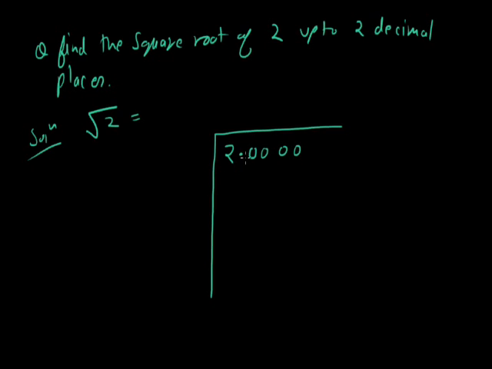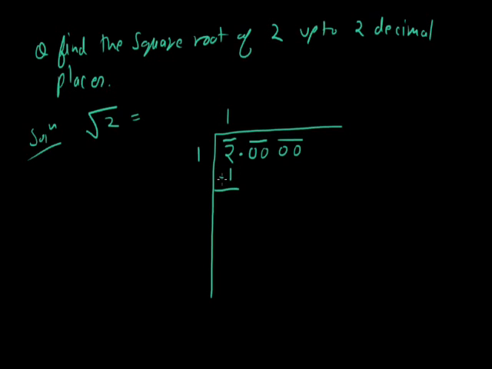Okay, now we have to again make the pairs of 2 from the decimal points on the right side as well as on the left side. Right side में pair of 2 बनाते हैं from the decimal. ये एक pair बना, ये एक pair बना, and from the left side again we make the pairs. It is alone. So we start with the 2. So we think of a number whose square is nearby 2. So 1 is there. 1 square is 1.